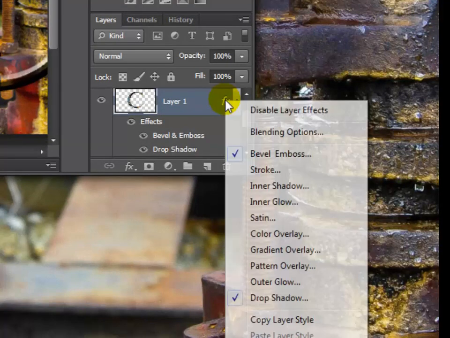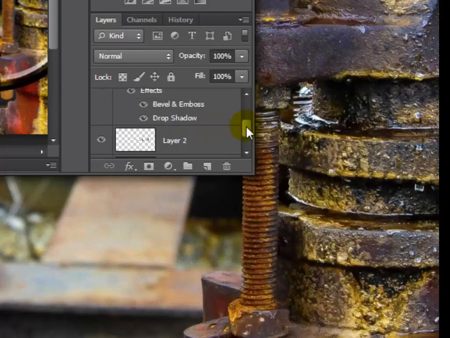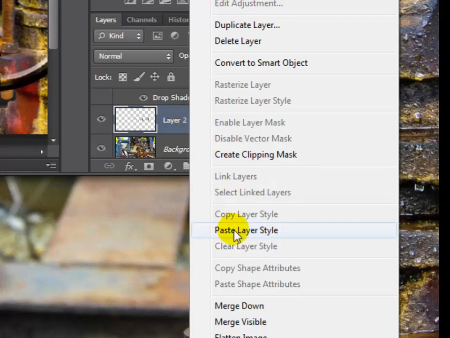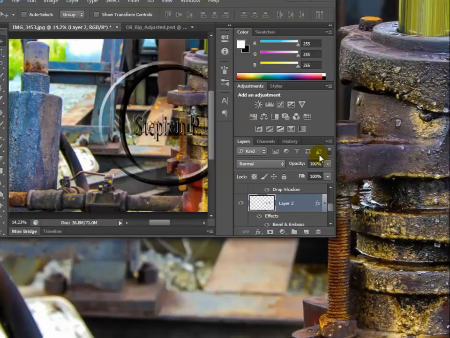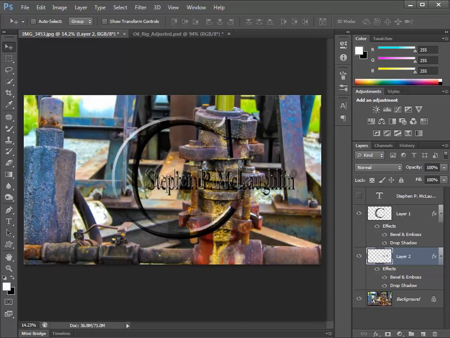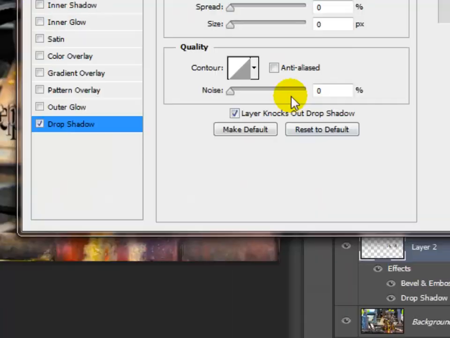On the special effects, copy layer style. So I come down to the other layer, click on it, right click, and paste layer style. And there it is. So let me make this bigger again so we can see what's going on. The drop shadow is terrible. It's going way out, but it's just repeating the drop shadow that I had up there. So if I don't like the drop shadow, I can come right over here and double click right on that drop shadow,